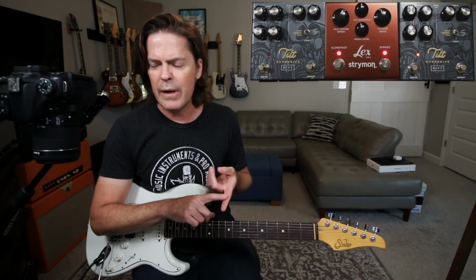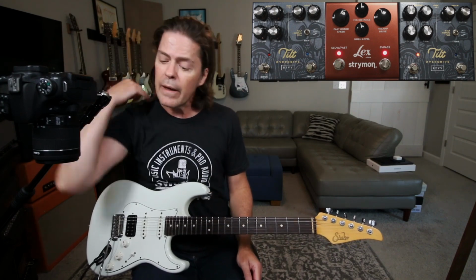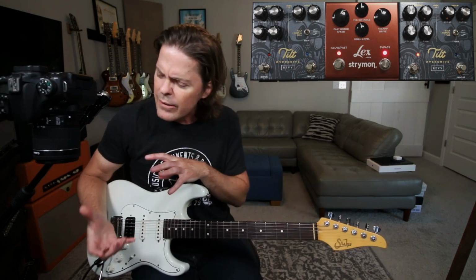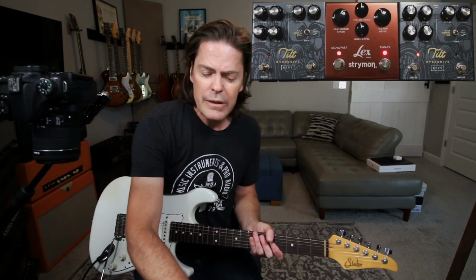I think a univibe pedal sounds really cool into the front end of either an overdriven amp or an overdrive pedal. But I'm not as fond of a chorus effect or even a Leslie effect like I'm using right now, a rotary style effect. For me, I still tend to prefer overdrive into that first. So I thought, just as an example,